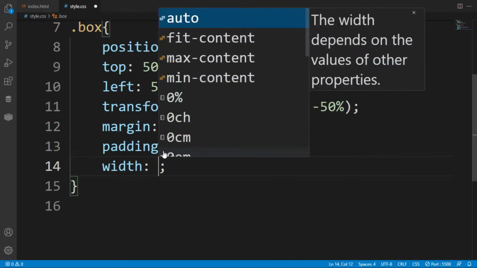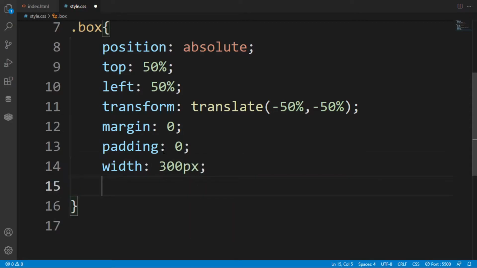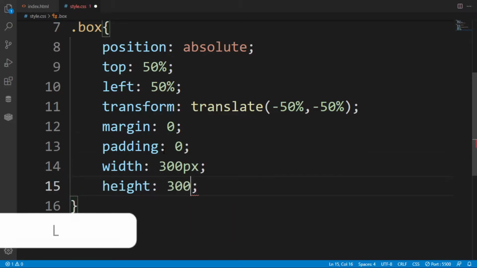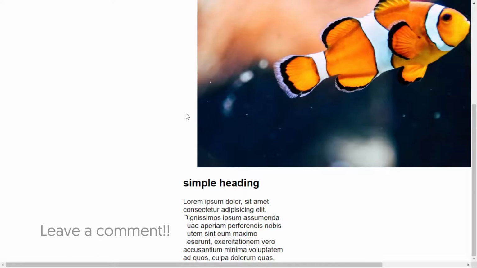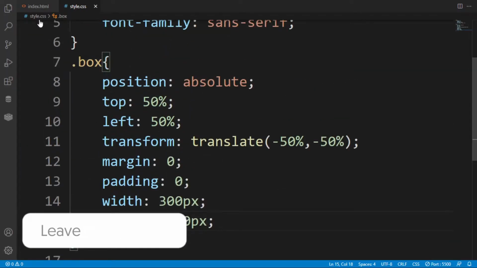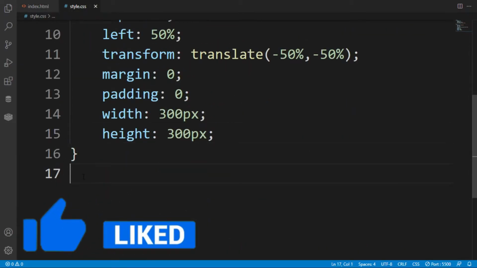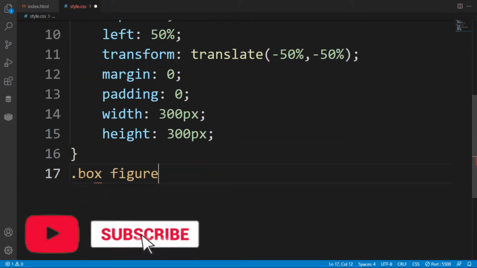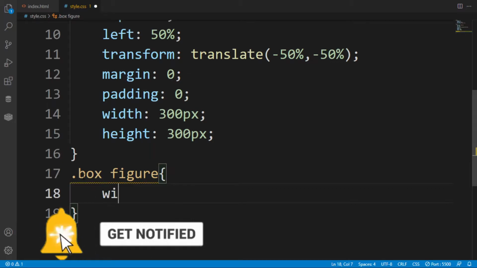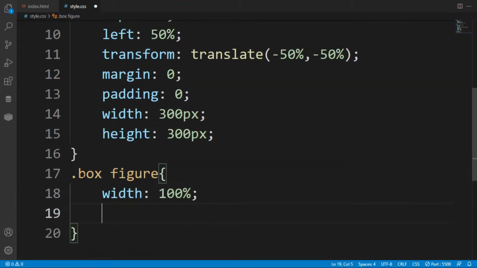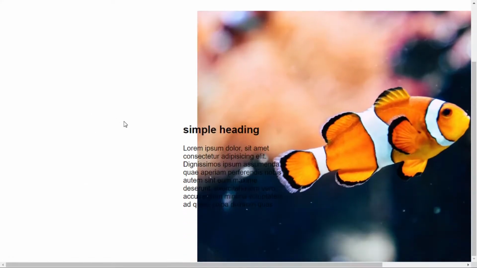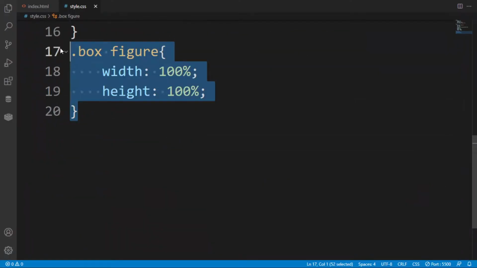Now here I am giving a width of 300 pixel and a height of 300 pixel. After saving it, as you can see, our image has moved to this side. Now I am going to select the figure inside the box. Here you have to put width 100%, so that the container that we are creating will take the full width.